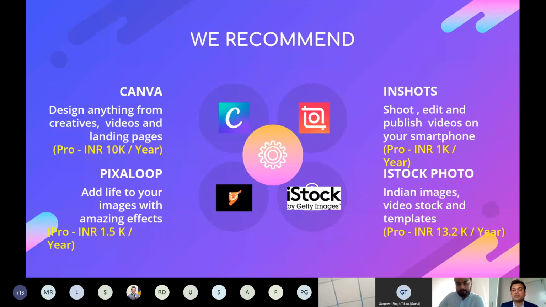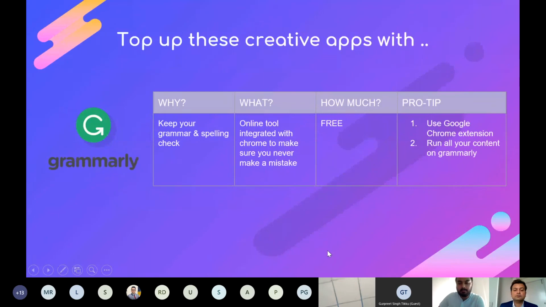to your organization. And let the picture speak, and let the creative carry fewer words. I think that's something which is important. And once you have your creative apps in place, I think something very important is to make sure that your copy is correct, your grammar, your spelling, everything is correct.